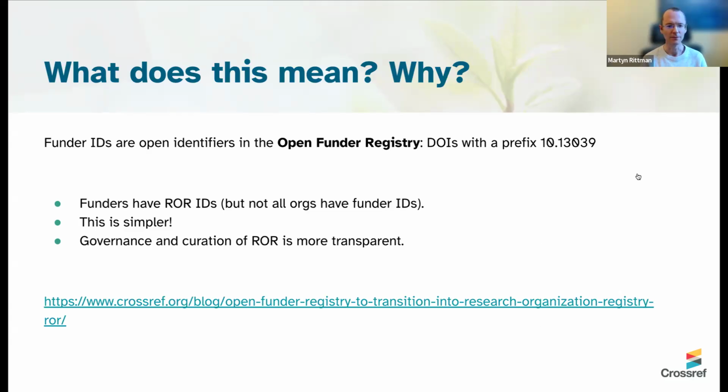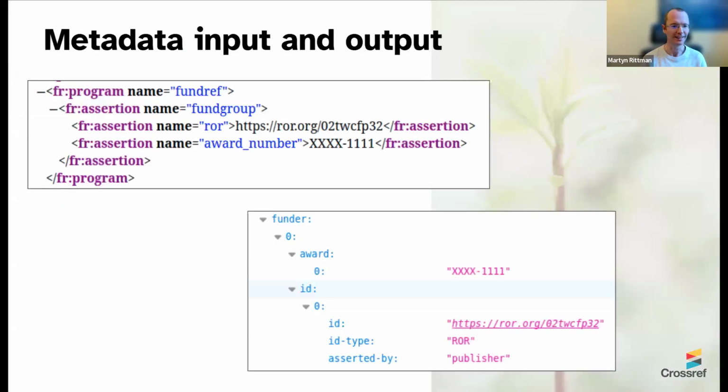So going on to the next slide, please, Amanda. Thanks. So what does that mean in practice? Sorry if this is a little bit technical. I'm trying to cover a broad audience here. So if you are a Crossref member and you're depositing XML, then you'll be familiar with something like what's on the top left here. This is how you put funding information into your records when you deposit metadata with Crossref. So you put in a fund group,